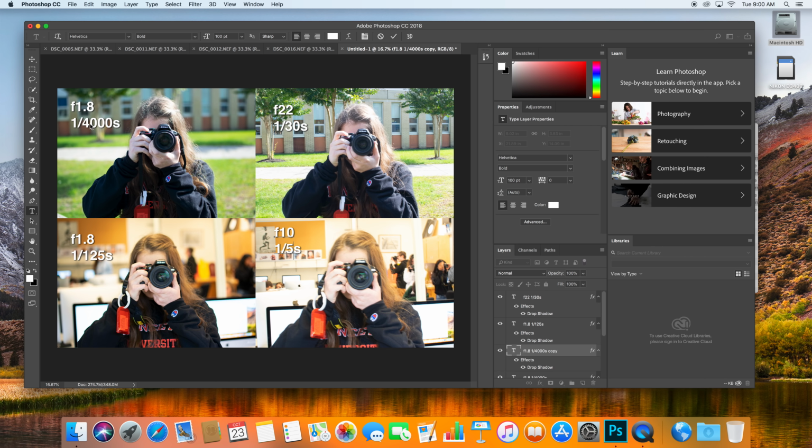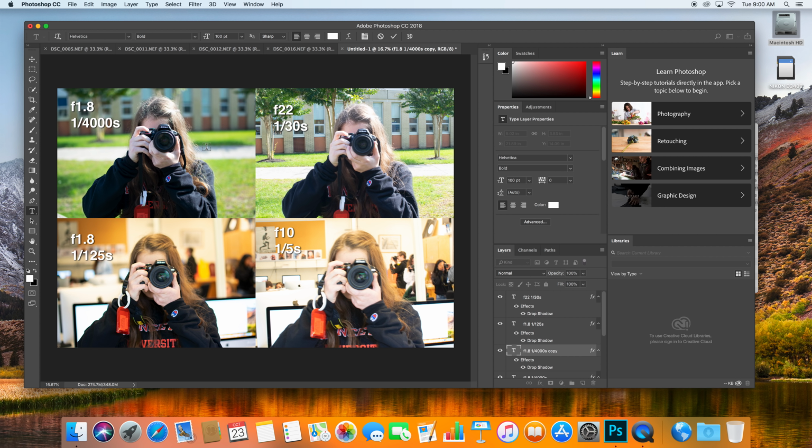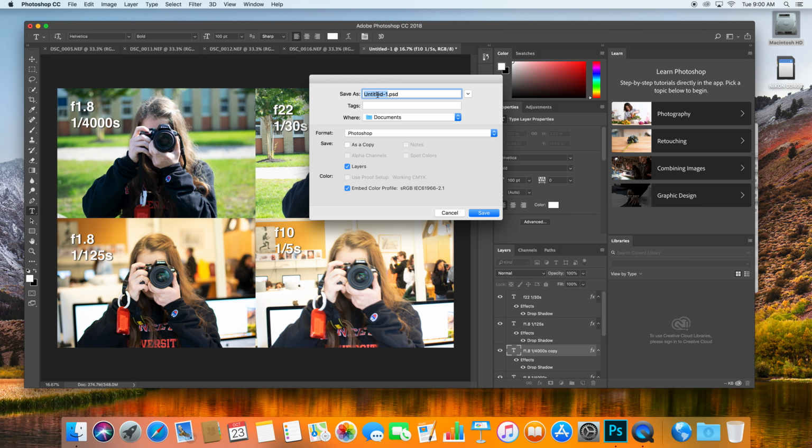So at this point we have text. We have 4 different images up, and what we'll do is say File. We're going to save this as a JPEG. Actually, we're going to save it as 2 things. So right now it's an untitled PSD, the Photoshop document. I'm going to click to this view,